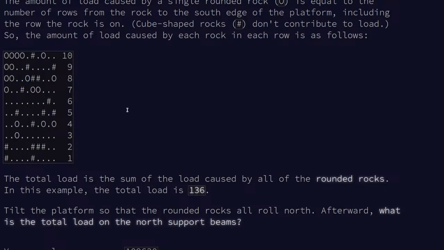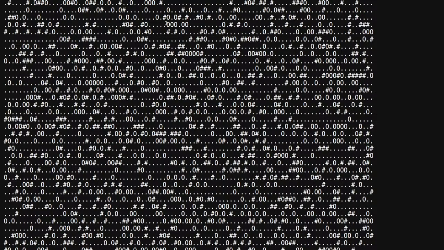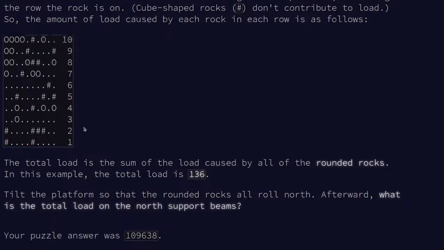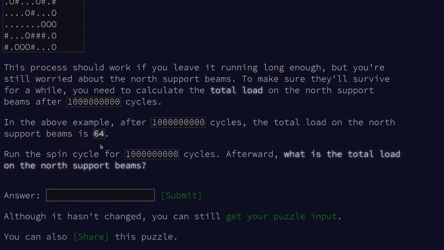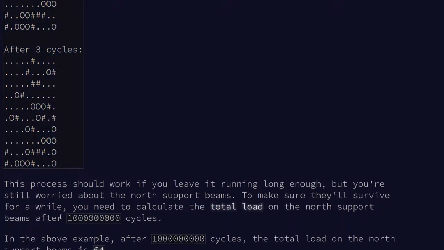How many of these stones can we expect? It is still very large. So I'm still thinking of going through all of these iterations, which is 10 raised to 9, multiplied by the number of stones in this grid, which is still too much. If you look at it,